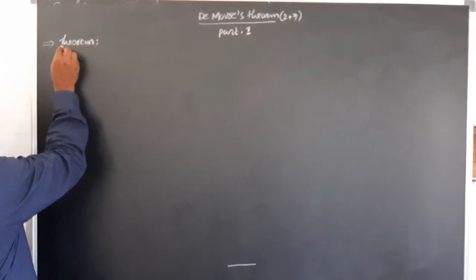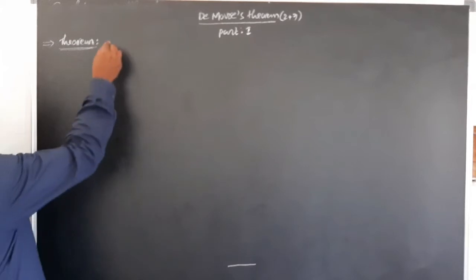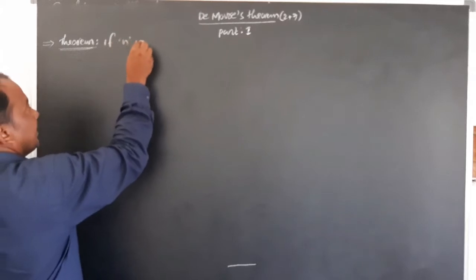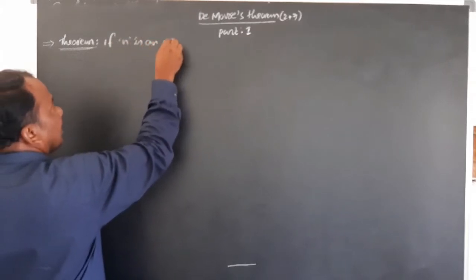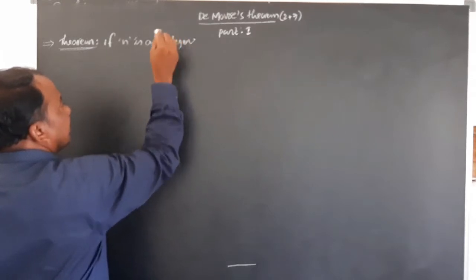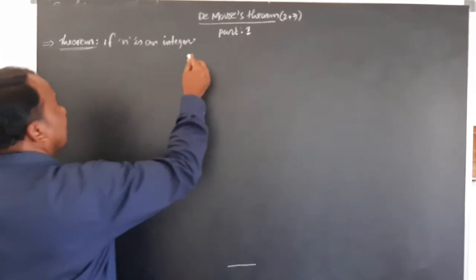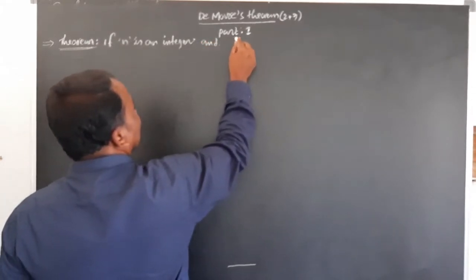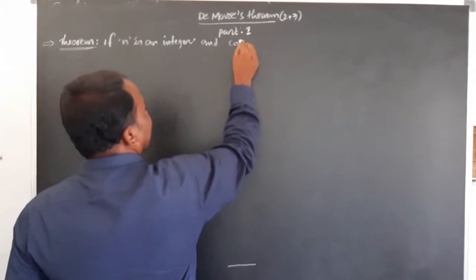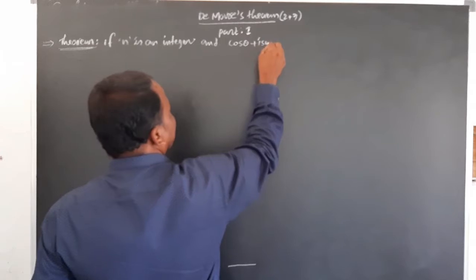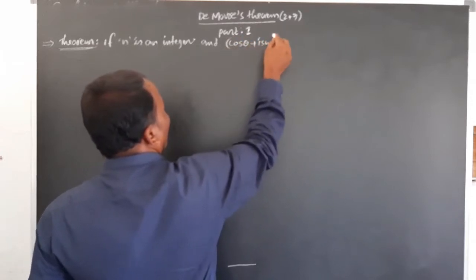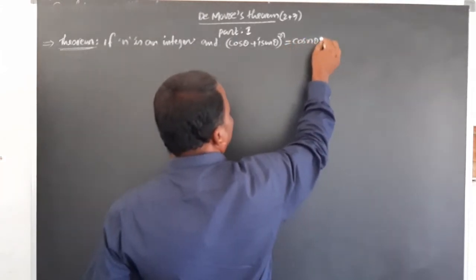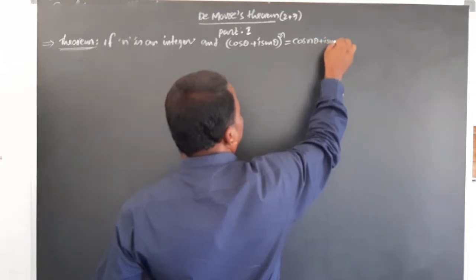Theorem: if n is an integer, then (cos theta plus i sin theta) whole power n equals cos n theta plus i sin n theta,